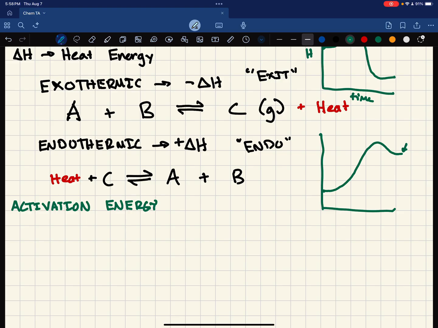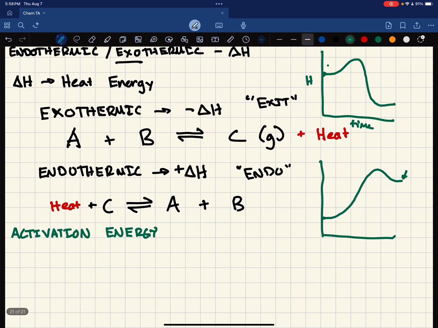That's why a lot of reactions, like if you watch the videos on Canvas, it was like a balloon. It needed a flame, a little bit of energy to start the reaction, and then it released this huge flame, right? That is an exothermic reaction because we're putting in a little bit of energy right here, just like we saw up here, putting in the flame, and then boom, it all reacts, and then this large flame is created, right? So